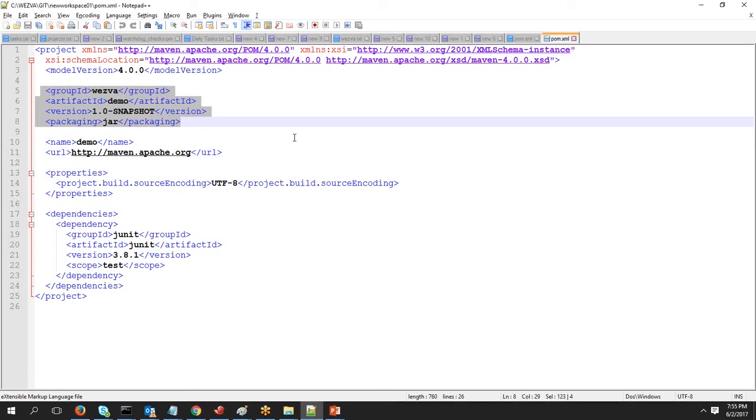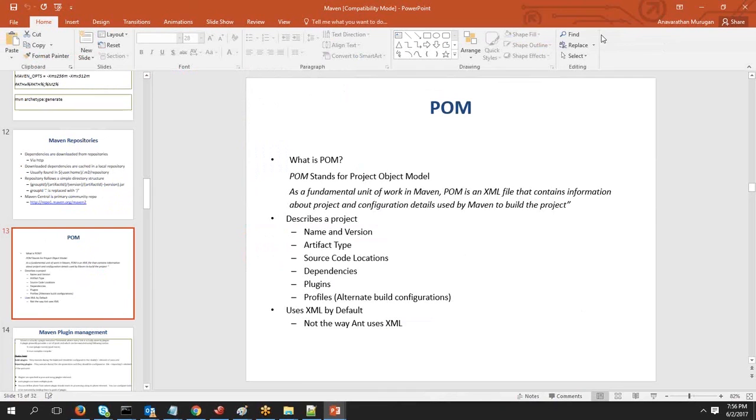But as I was saying, if there is a requirement where we want to do something in addition to what Maven is doing, then what is it that we have to do? So all those kinds of details that we specifically want to give to Maven have to be given in a pom.xml, which is specific to a project, because every project should and must have at least one pom.xml. So that way, if you want Maven to behave any differently